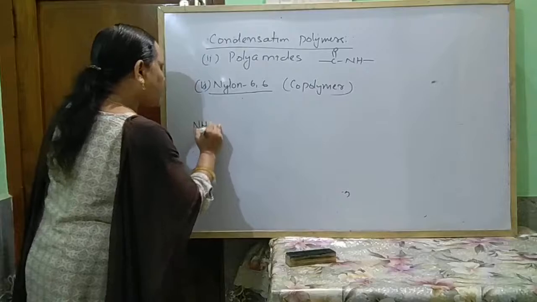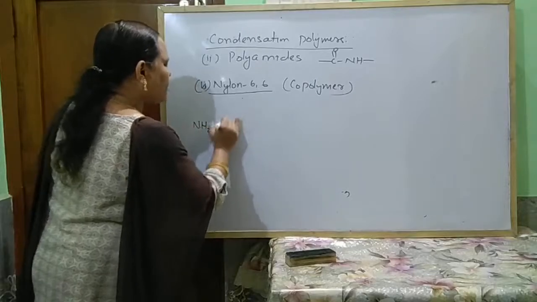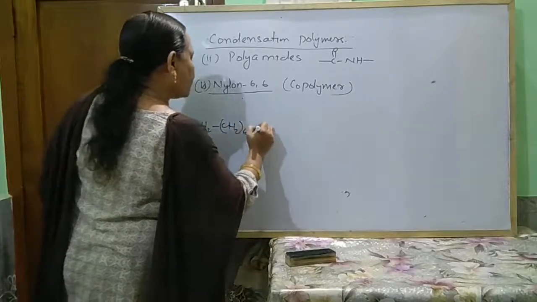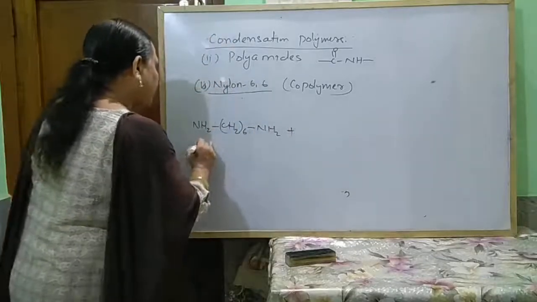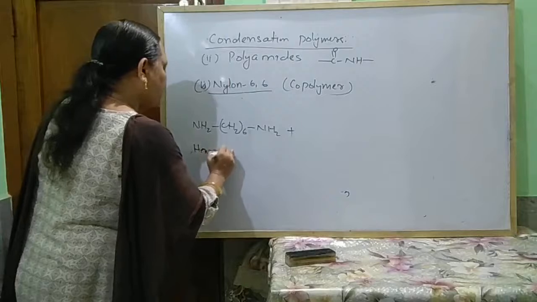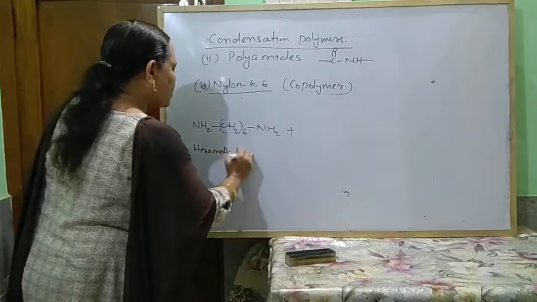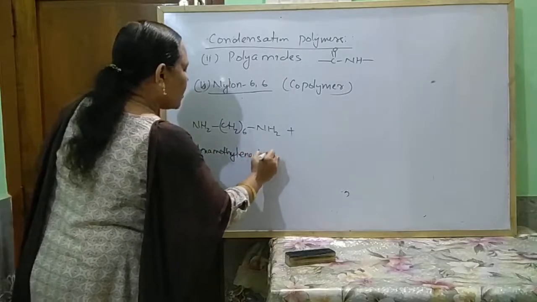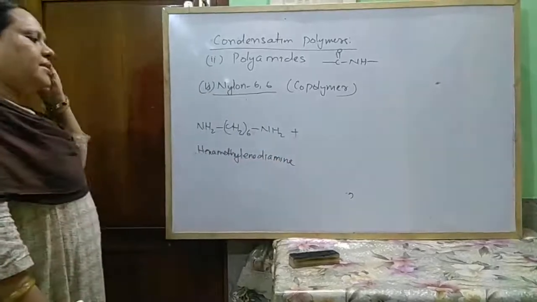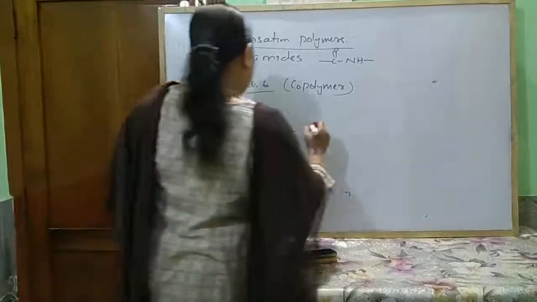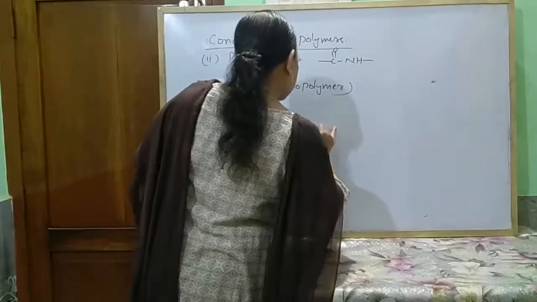So NH2, CH2 whole 6, NH2, this is hexamethylene diamine, hexamethylene diamine, and another adipic acid,